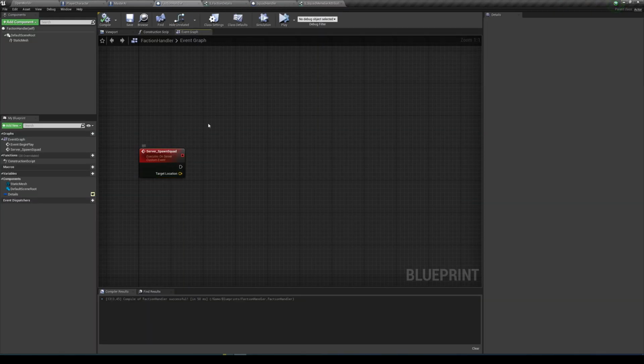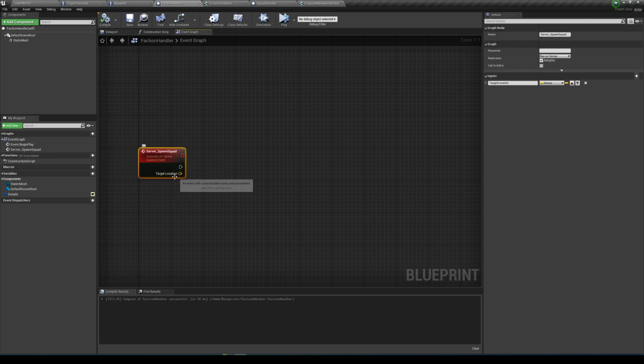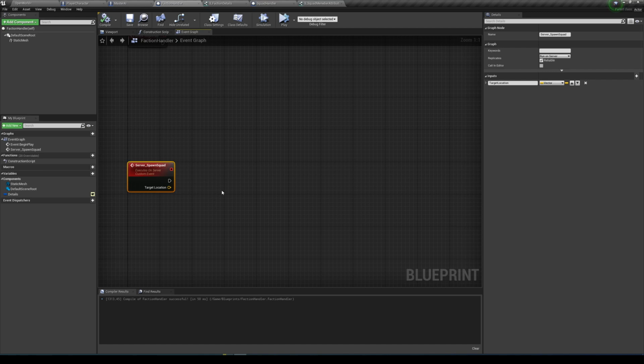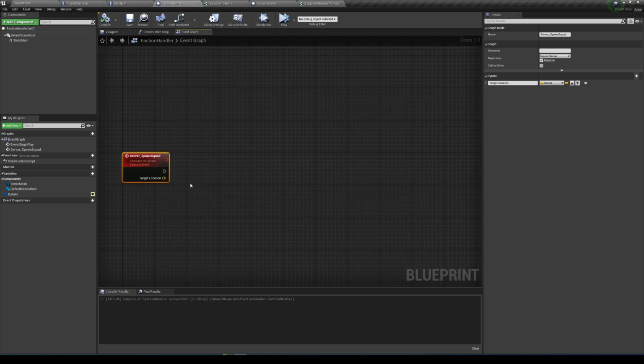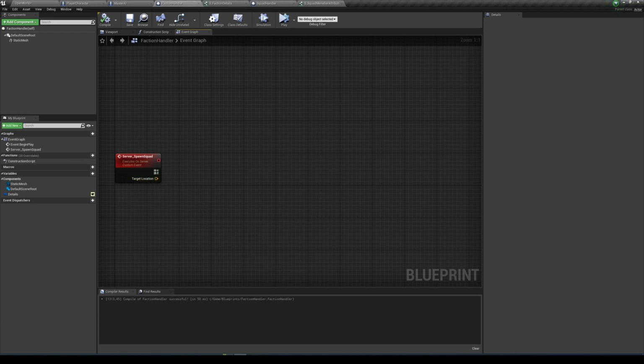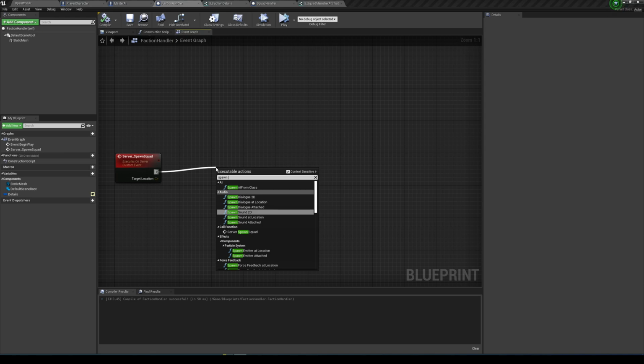But you will have multiple. You could select from a list what you want to do. For example, attack base, and then you also need to identify which base you want to attack, and you'll pass that information through here. But it just depends on your game, I guess that's what I'm trying to say. So I'm just going to use a simple vector target location for now, and in spawn squad we're going to do spawn actor from class,